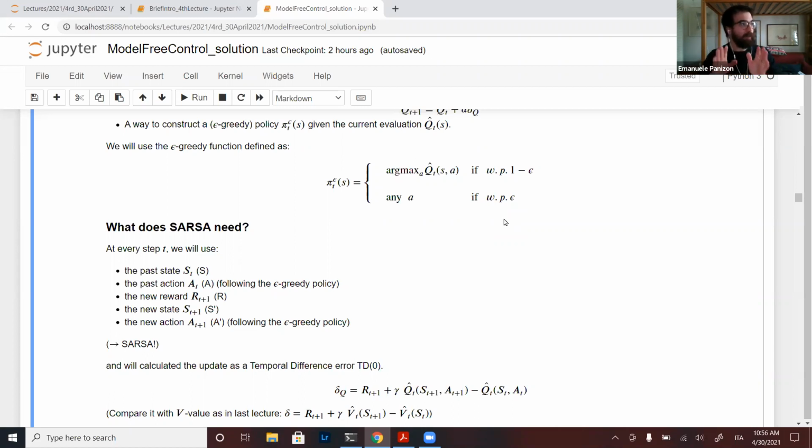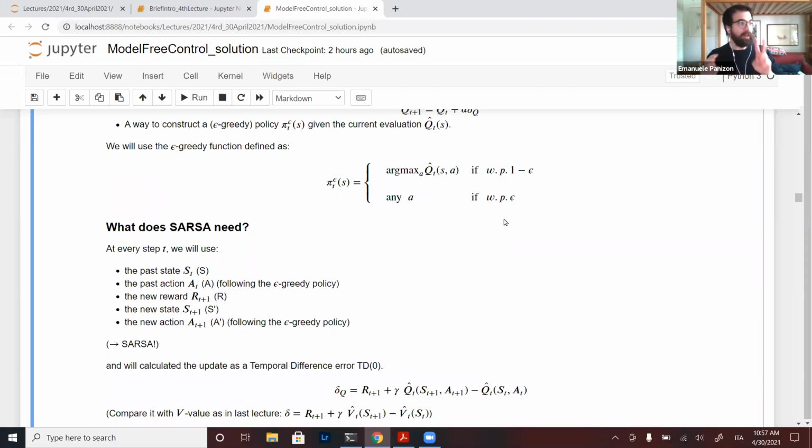If this is clear, perhaps I have also another distinction which I wanted to make even more clear. So is it clear, that it's not a fixed policy, but the policy changes because the Q values change? Is it clear? I hope so, a bit.